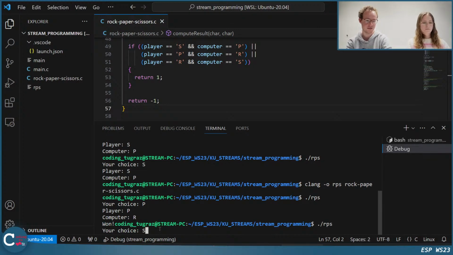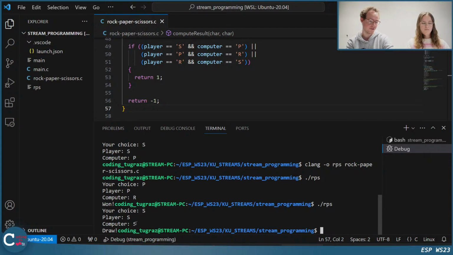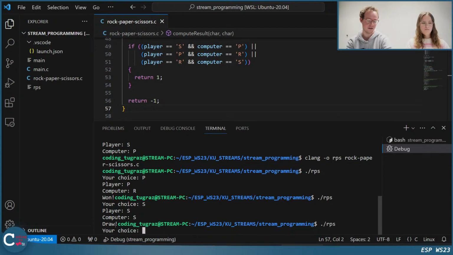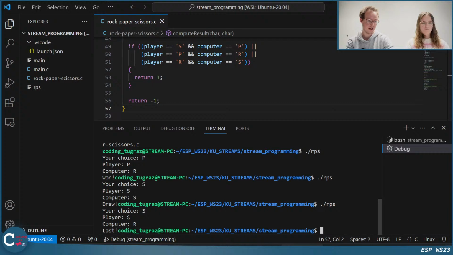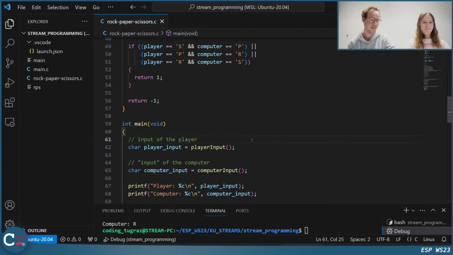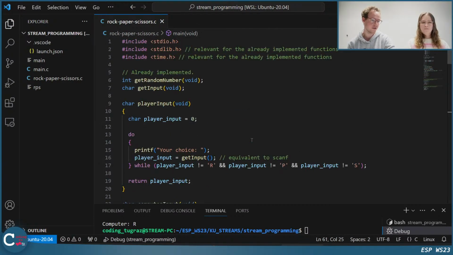And if we play another round, we have S, so both of them have S, so we have a draw. And now we have scissors and rock, and the rock destroys the scissors, so the computer won and we lost. That worked out perfectly. Yeah, very nice. You can also find this code on Notion. We will upload it along with the slides.